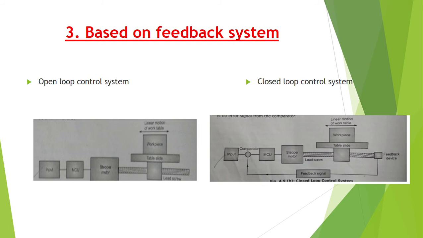Whereas in the closed loop control system, as the name indicates, the system has a loop that is closed, as in the figure. A feedback device is used for this purpose. This makes the design of the closed loop little complicated and expensive, but a very high degree of accuracy is achieved in the movement of the slide. This system is similar to the open loop control system, but it consists of two additional devices in the form of a feedback transducer and a comparator.